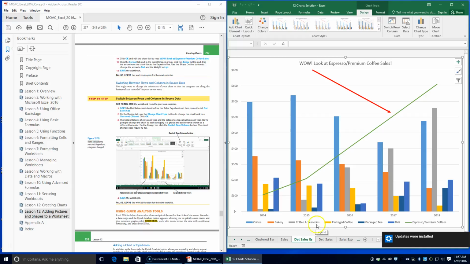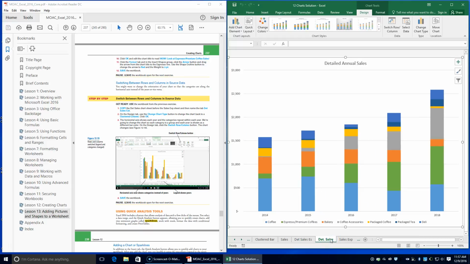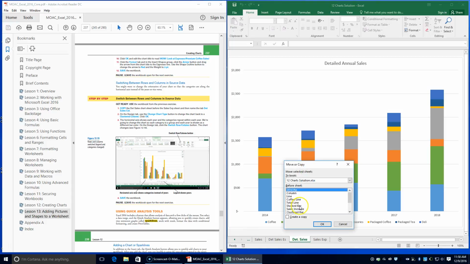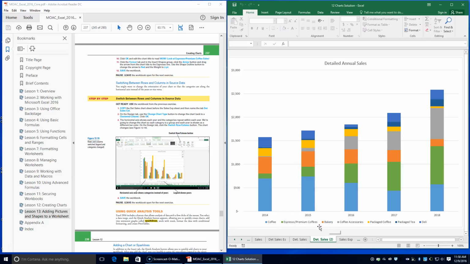DEET sales cat. Alright, so we're going to find the DEET sales chart. Okay, so we are going to move or copy, and we want to copy, so create a copy, and we want to move it before the sales expense sheet. So I'm going to click OK. Alright, and then it tells me to name the tab, so we're going to rename the tab DEET sales